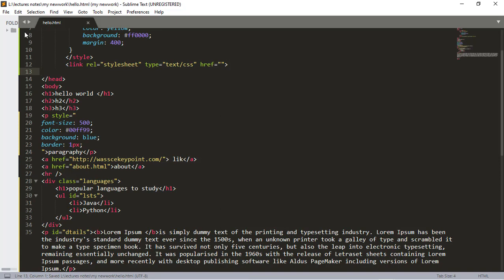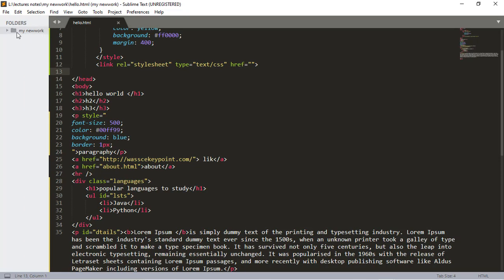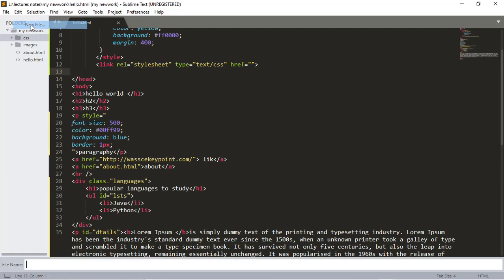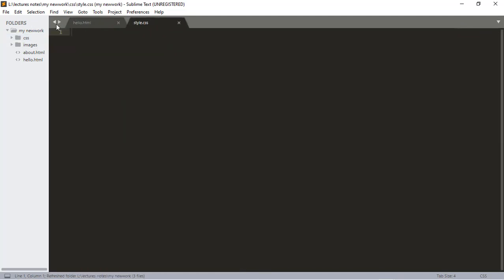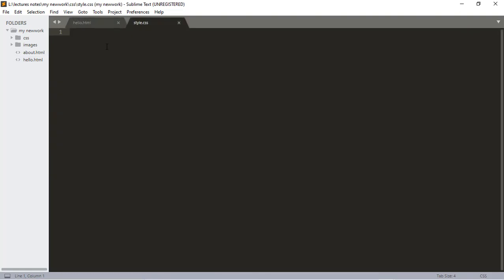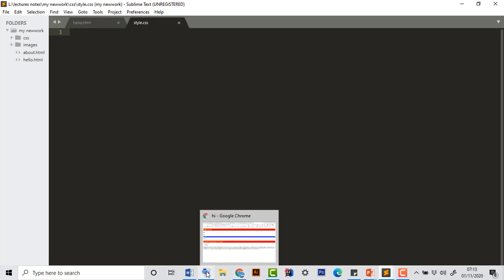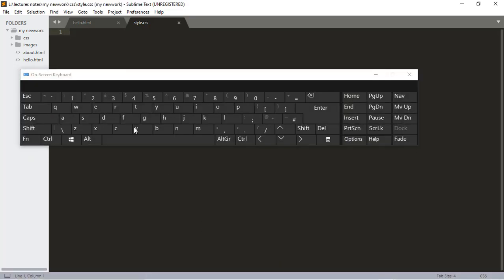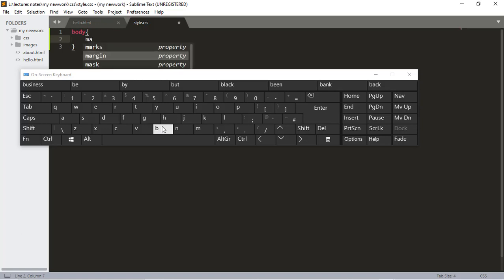Now let's create another file, styles.css, under the folder CSS. Okay. Now let's make the body margin to